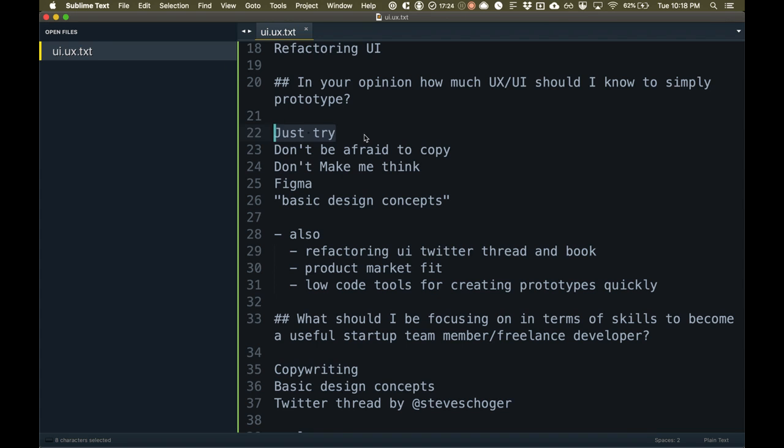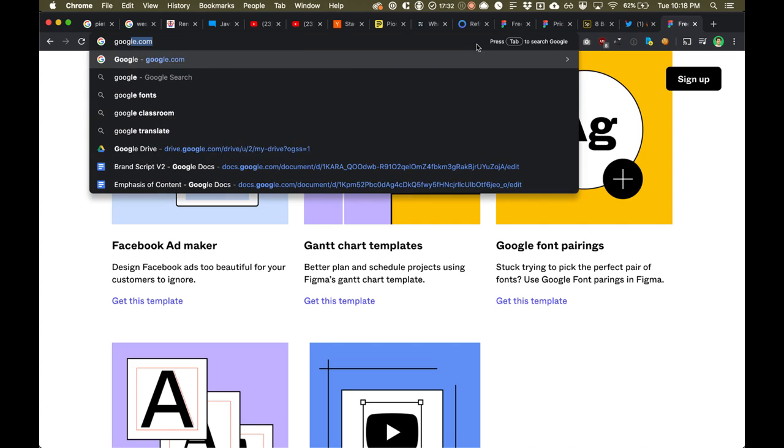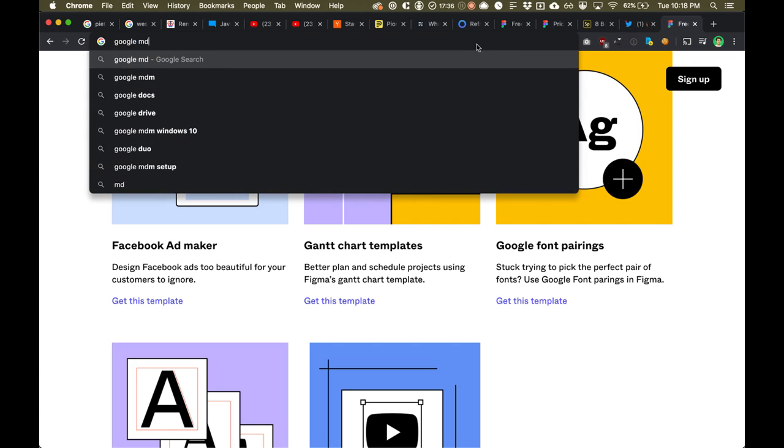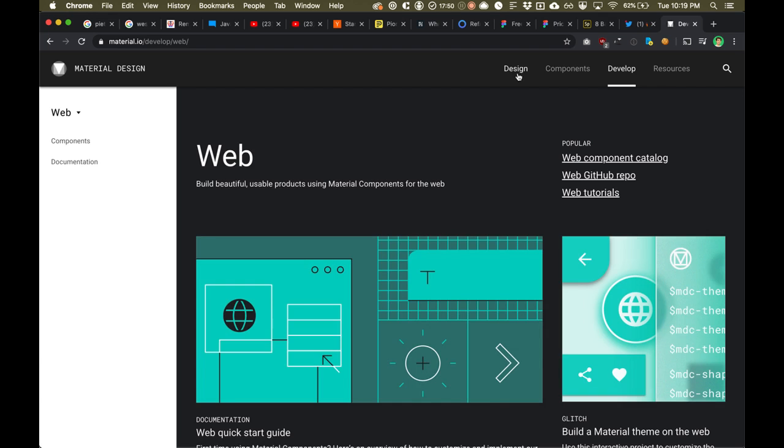Also, the other thing I wanted to mention here, which is one of my top resources, is Google's Material Design components library. I'm not saying you should use this library. This is a library for developing web applications, and it includes buttons and tables and forms and all kinds of UI elements.